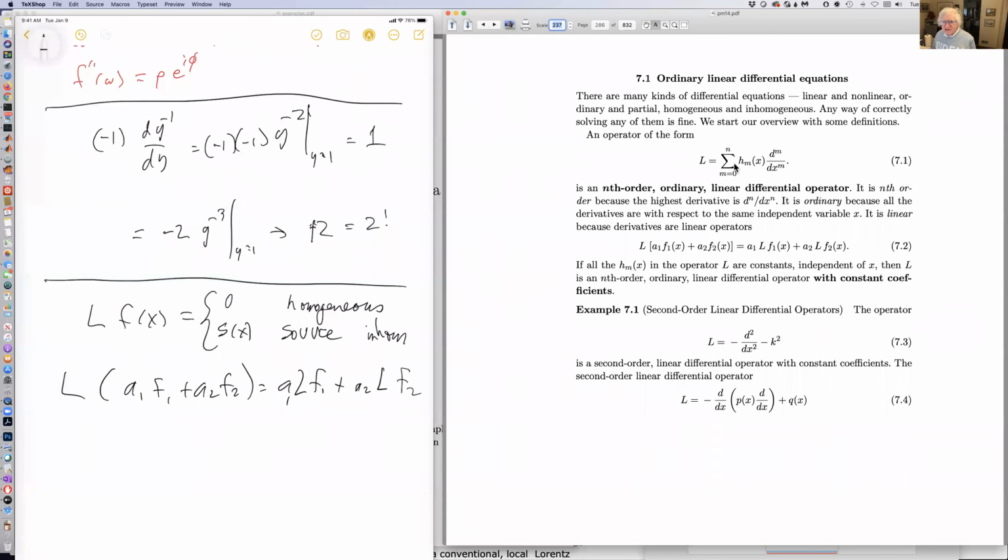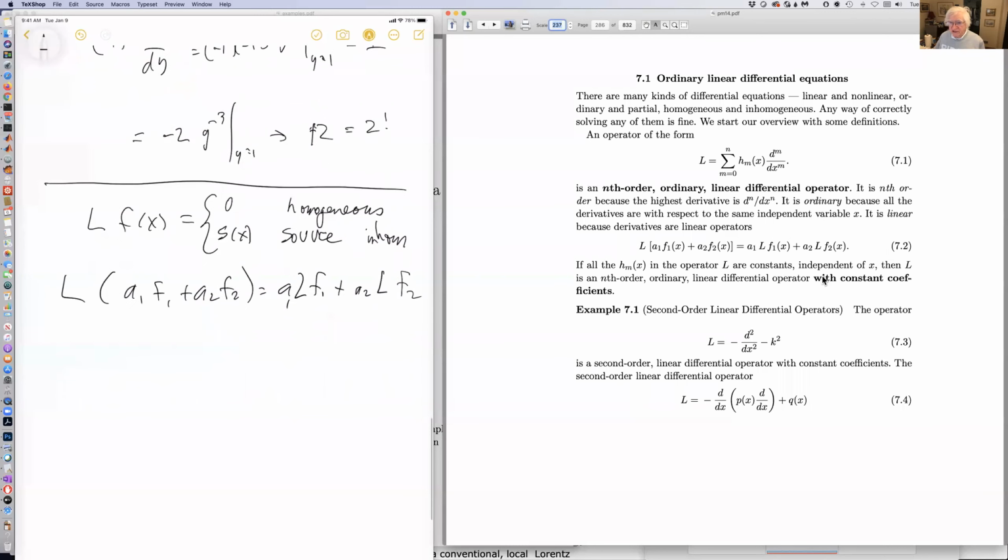And if these coefficients are constant, then you're home free because you can use these Green's function techniques and solve the thing very, very simply. You just have, if L is equal to a sum Cm d^m/dx^m, then you can just write f of x as an integral dk e to the I kx, and you can